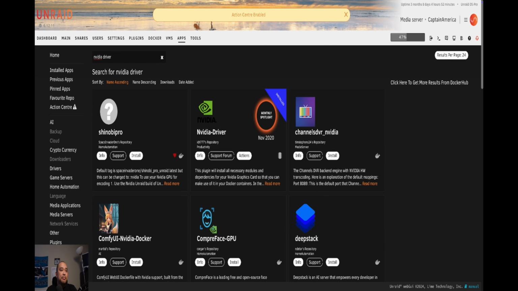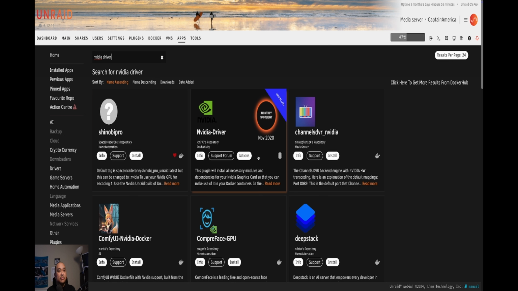So look for that. And this is the one you're looking for. It says NVIDIA Driver. I've already got it installed on my Unraid server. So I'm going to go ahead and take you over there. But if you don't have it installed yet, just click on install and just go through the motions of